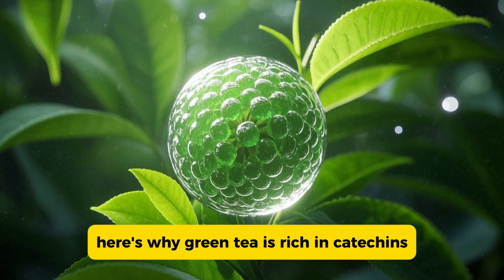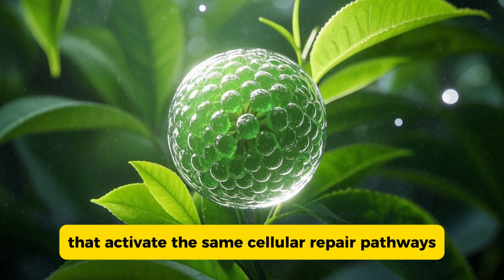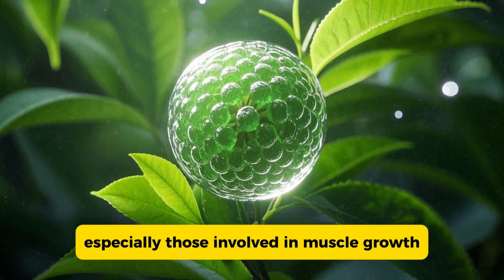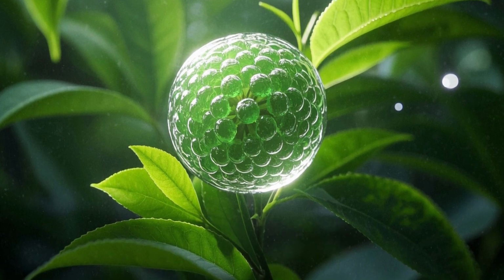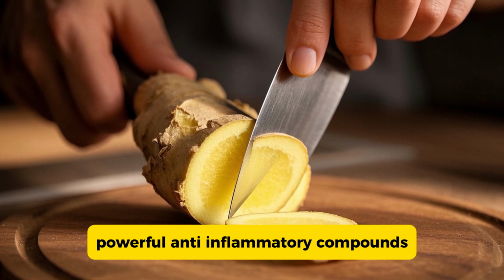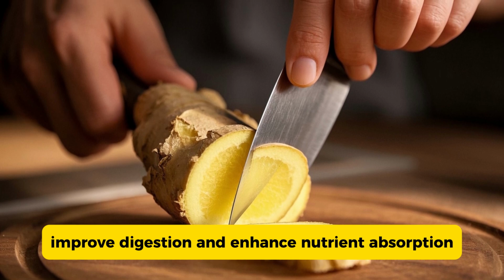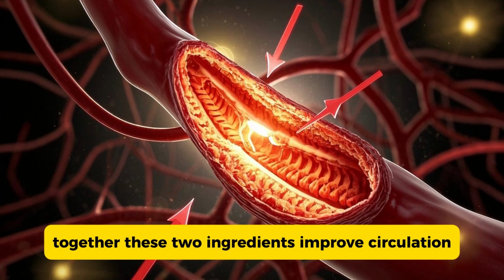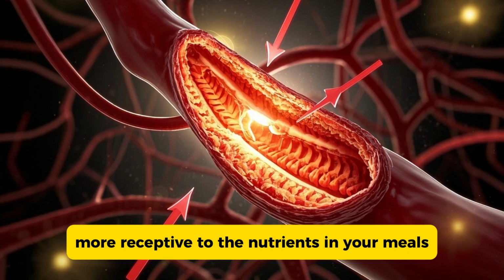Here's why. Green tea is rich in catechins, natural antioxidants that activate the same cellular repair pathways as moderate exercise, especially those involved in muscle growth and energy metabolism. Ginger contains gingerols, powerful anti-inflammatory compounds that reduce muscle soreness, improve digestion, and enhance nutrient absorption. Together, these 2 ingredients improve circulation, reduce oxidative damage, and make your muscles more receptive to the nutrients in your